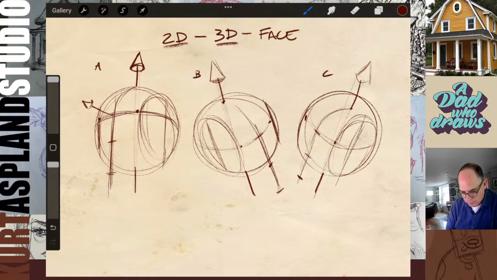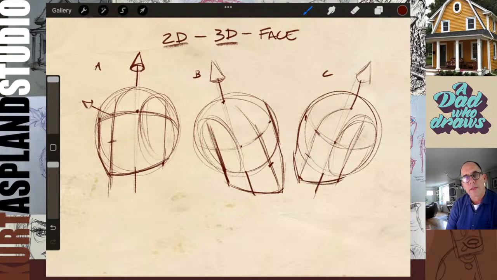Let's come down a little bit, and then we're going to sweep around. This is going to be our jaw. Come at the center there, just drop that down just below where the nose is. That's going to be our jaw right there. And the same thing over here. We're going to drop this down. This is the jaw.